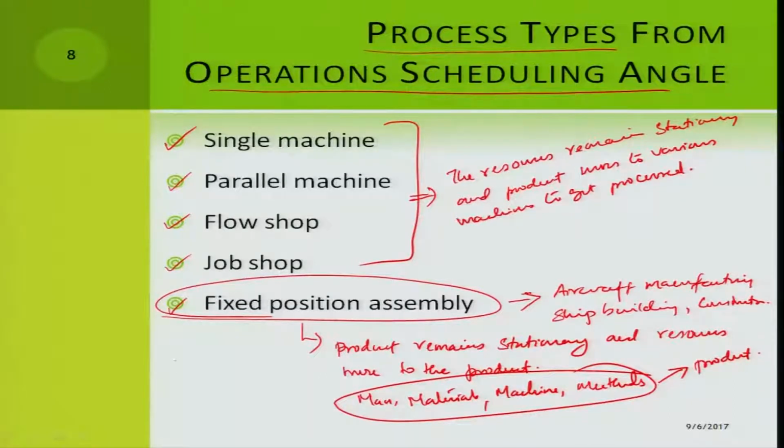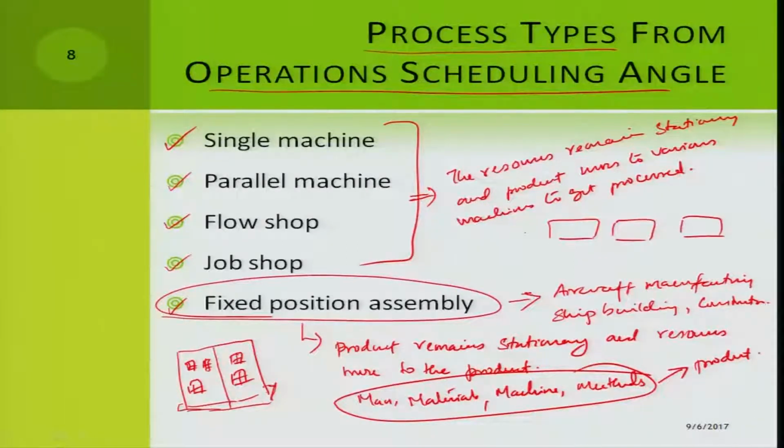So here you are saying that you are going to build a building, something like this. The wood, windows, all those kind of things will move to this place, wherever it is. The bricks, the cement, everything moves here, because it's not really very easy to move a big building like this. So this is a fixed position layout, whereas in this case you have various machines lined out like this, and the product moves from one machine to another, so that at the end it starts as raw material and comes out as a finished good. Okay,